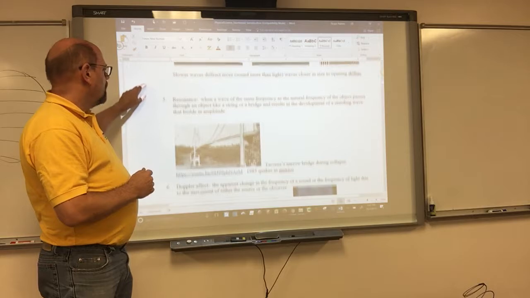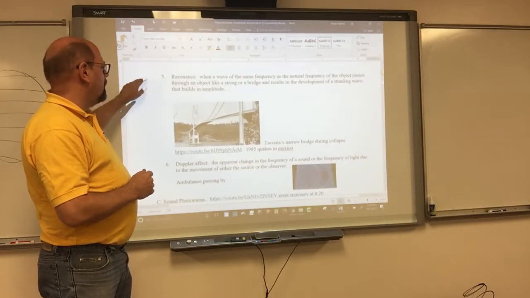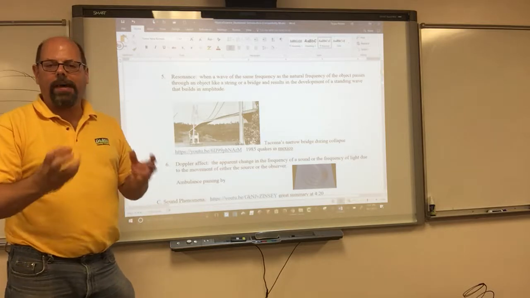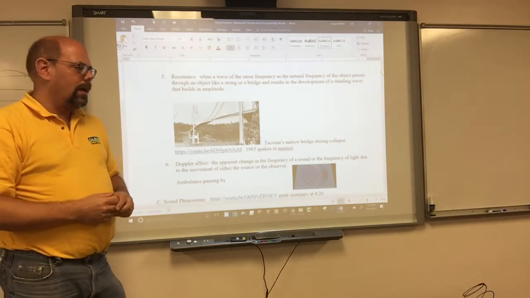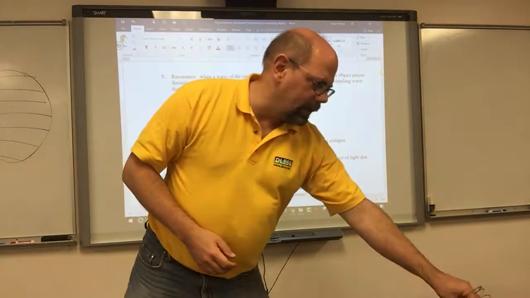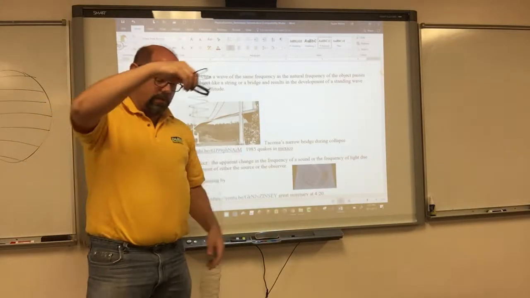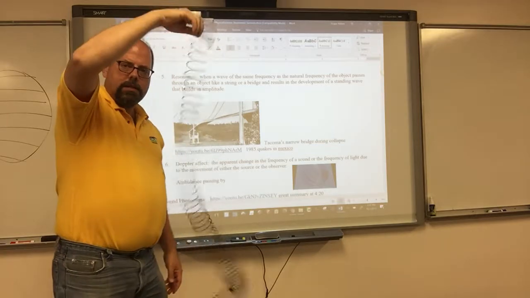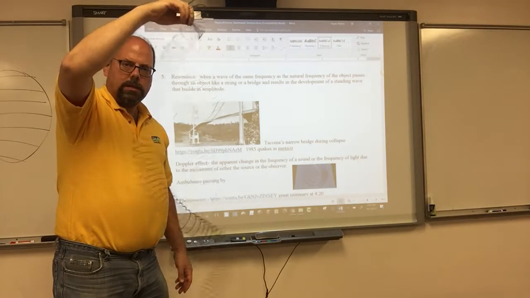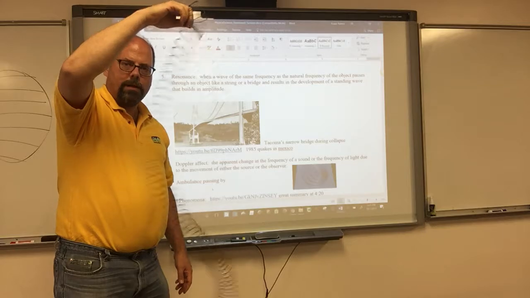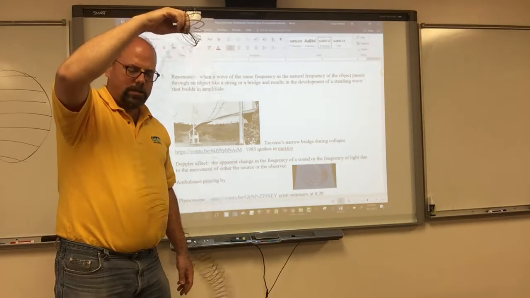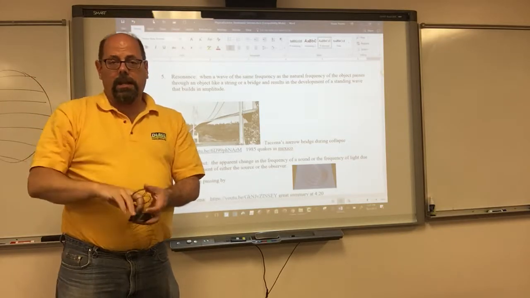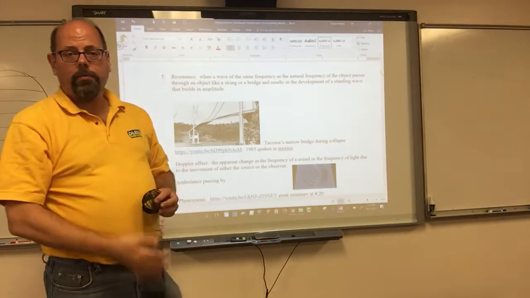Okay, resonance. Resonance is interesting. Resonance is when a wave is passing through something and it matches the natural vibration of that object or that media. For instance, I'll just take this slinky, and if I get this to vibrate carefully, if I start to add these, it'll get to a place where one frequency naturally vibrates in here and it builds up. As I just give a little bit of push, this keeps this shape going. If it isn't that natural frequency, it'll just pass right through.